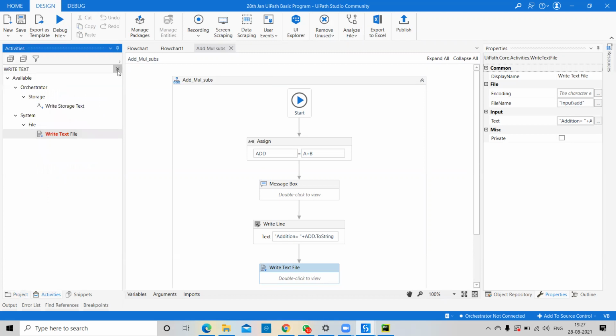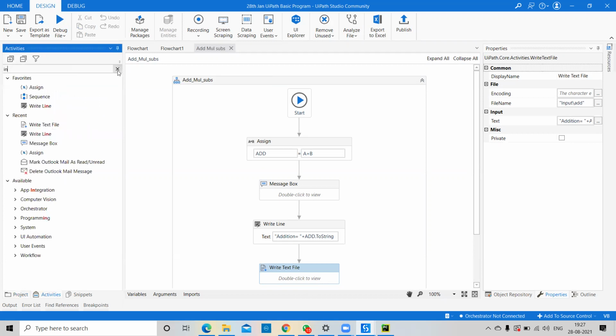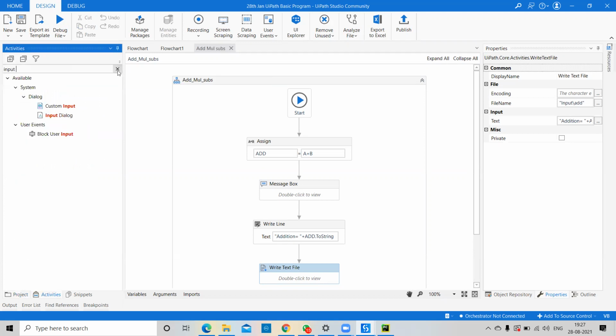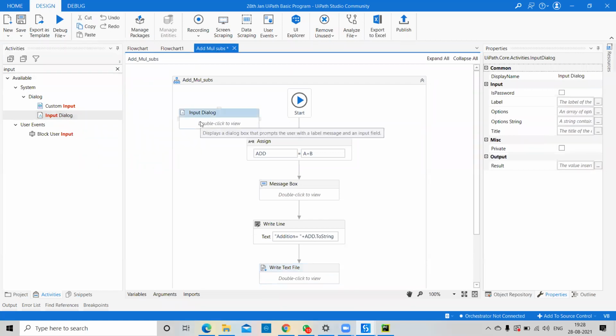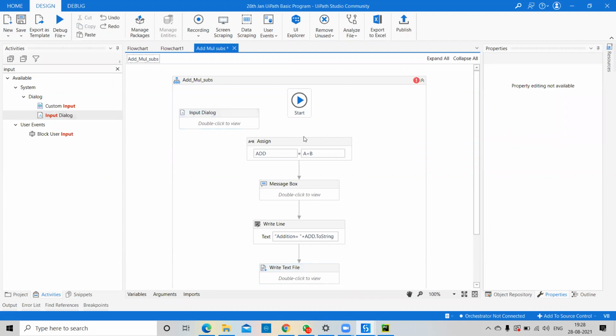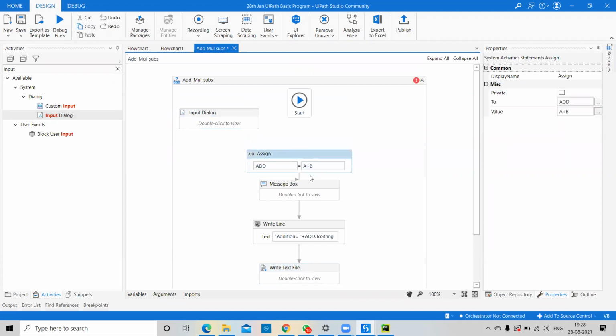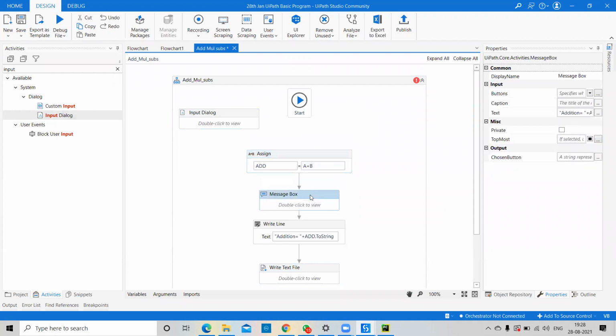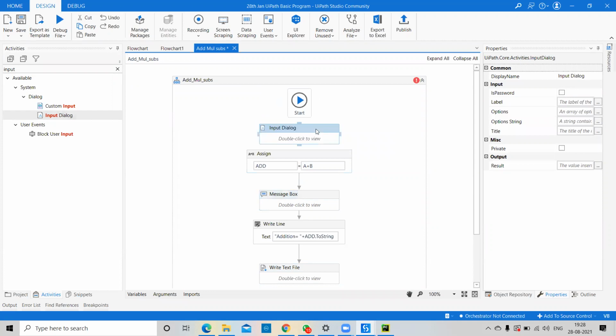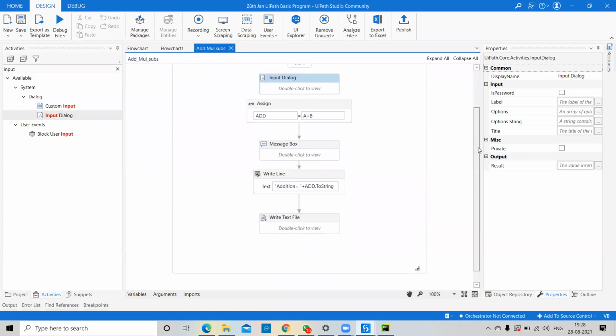Okay, for everything in UiPath we have an activity, and for this I will use the Input Dialog box. The Input Dialog box is especially for taking data from the user. It will take one data, but wherever we handle the security part, credentials, or web-based automation, there I will tell you how to get the dynamic data. So right now, what I'll do is we have to take the data. What type of data? We have to take this data, A and B.